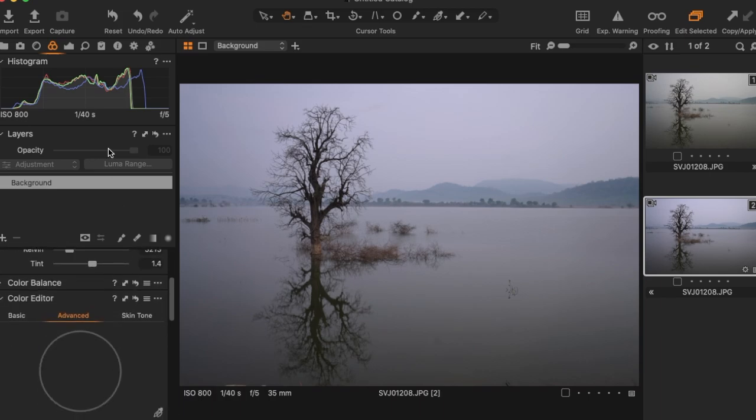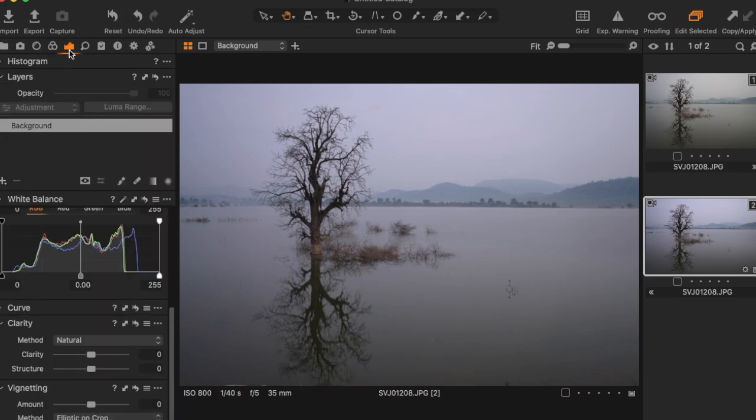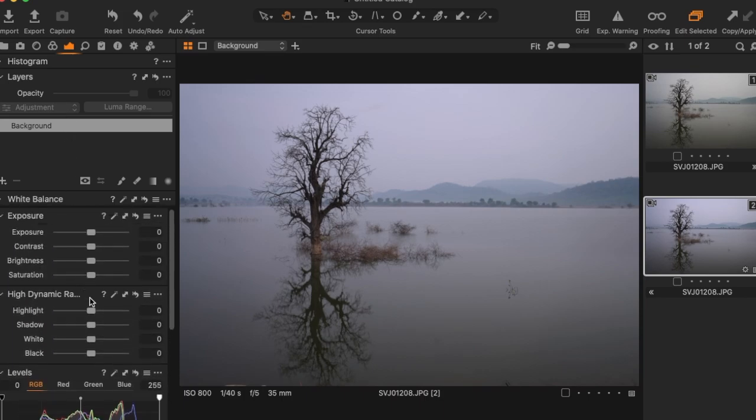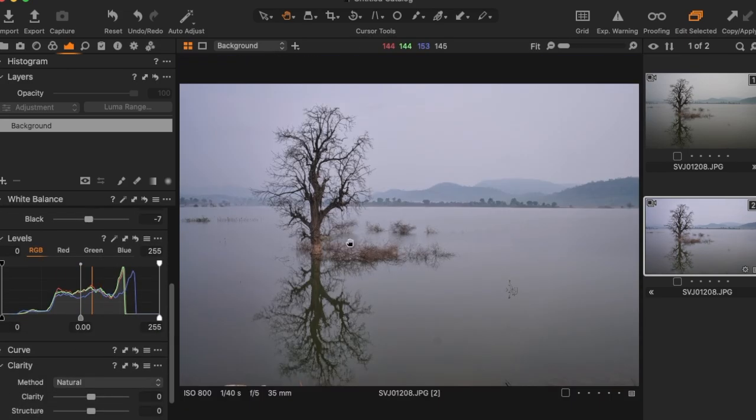And we go to the exposure tab here on the top. That's how the Capture One interface is. Let's pull down the highlights a little bit, pull up the shadows to recover some details from the tree, lift up the whites a little bit, pull down the blacks a tiny little bit, and maybe increase exposure slightly, with a tiny contrast and a little bit of brightness. I'm pretty much happy with the global adjustment.